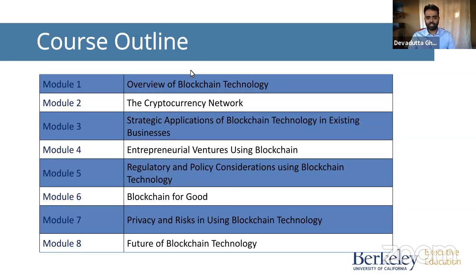But understanding the implications of these for blockchain technology is what we try to do in module 7, where you understand the state of the technology when it comes to blockchain and the privacy risks of using